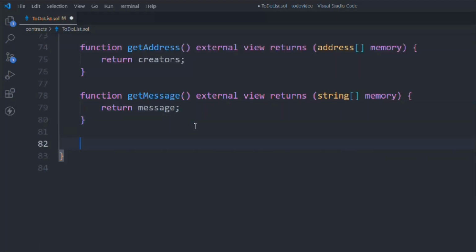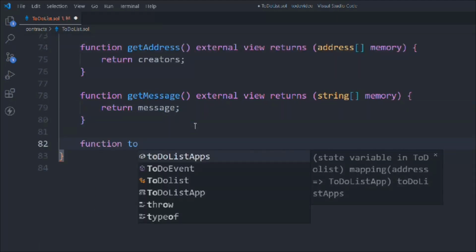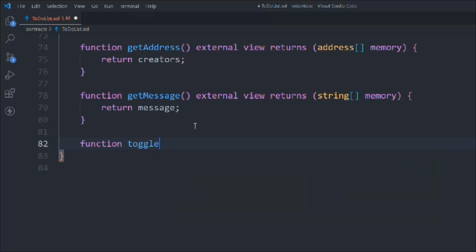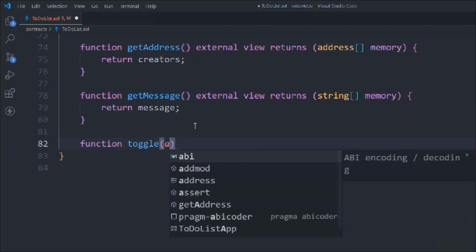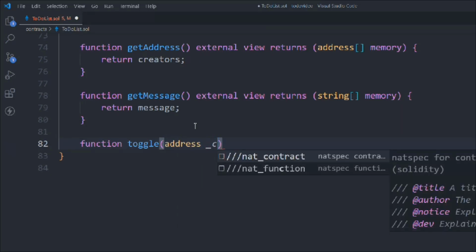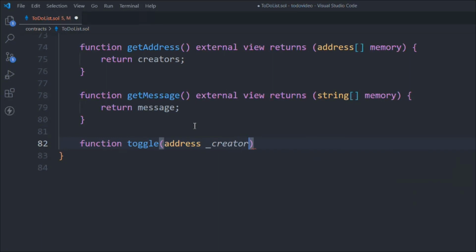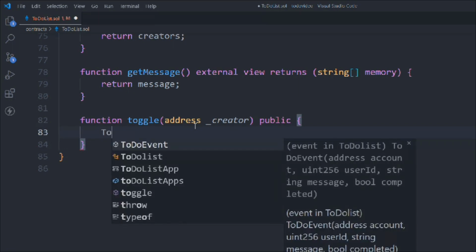Now we have to create one more function. This will call toggle, and this function will be responsible for changing the state, whether that to-do list is completed or not. This function is going to trigger and change the state variable. Okay, and that will pass the address, because this is how we're going to find out which creator is completing which task. And it's going to be public, and simply we'll take the to-do list app storage,